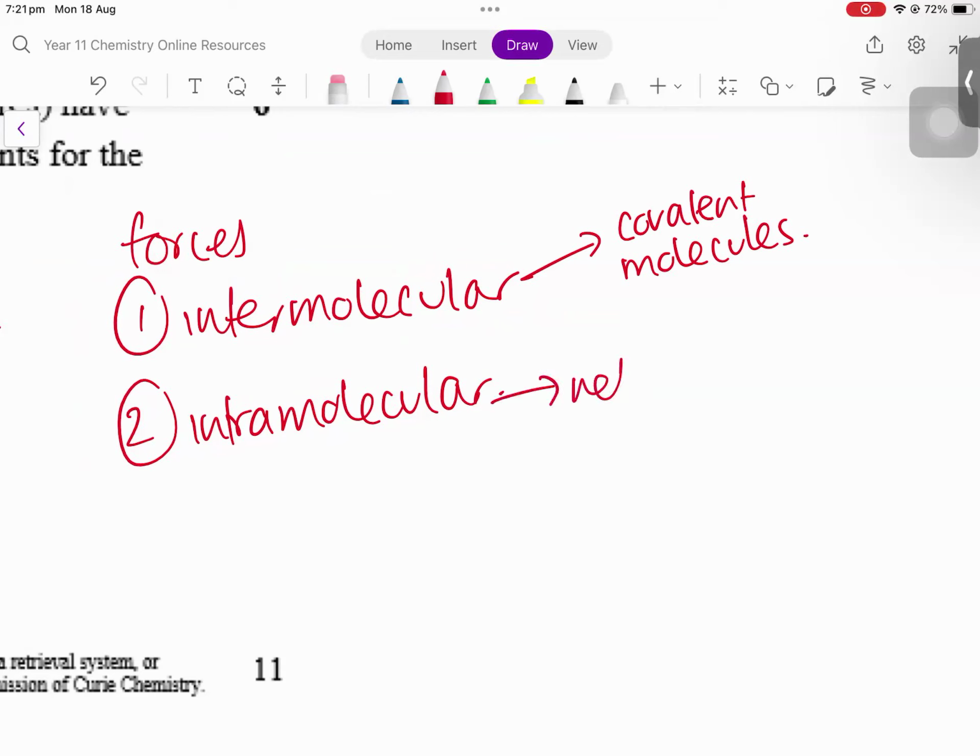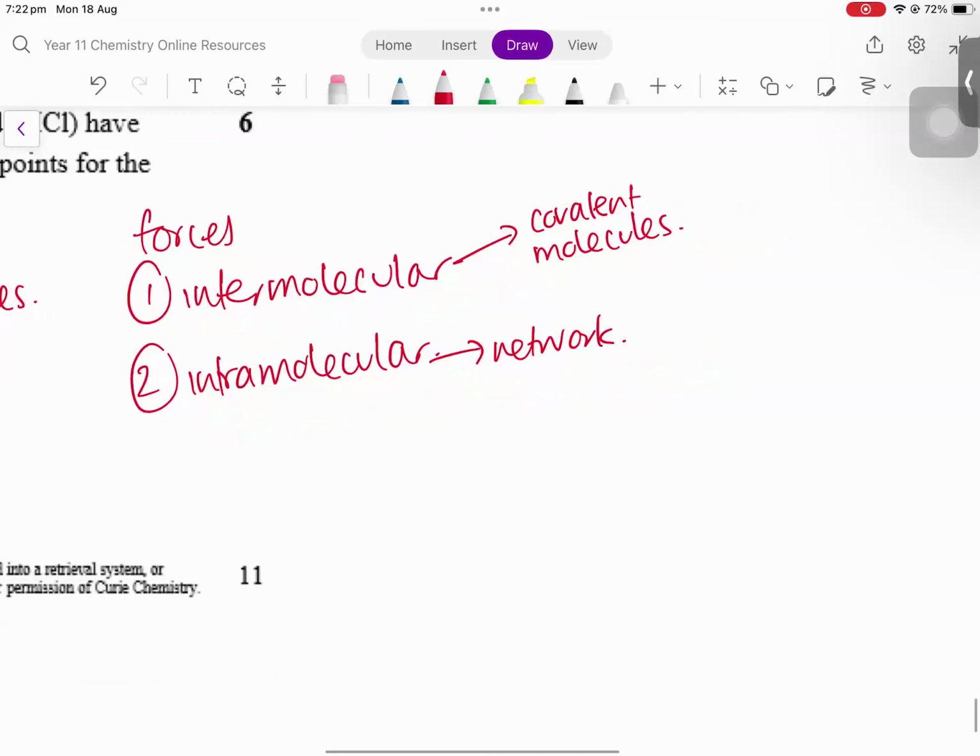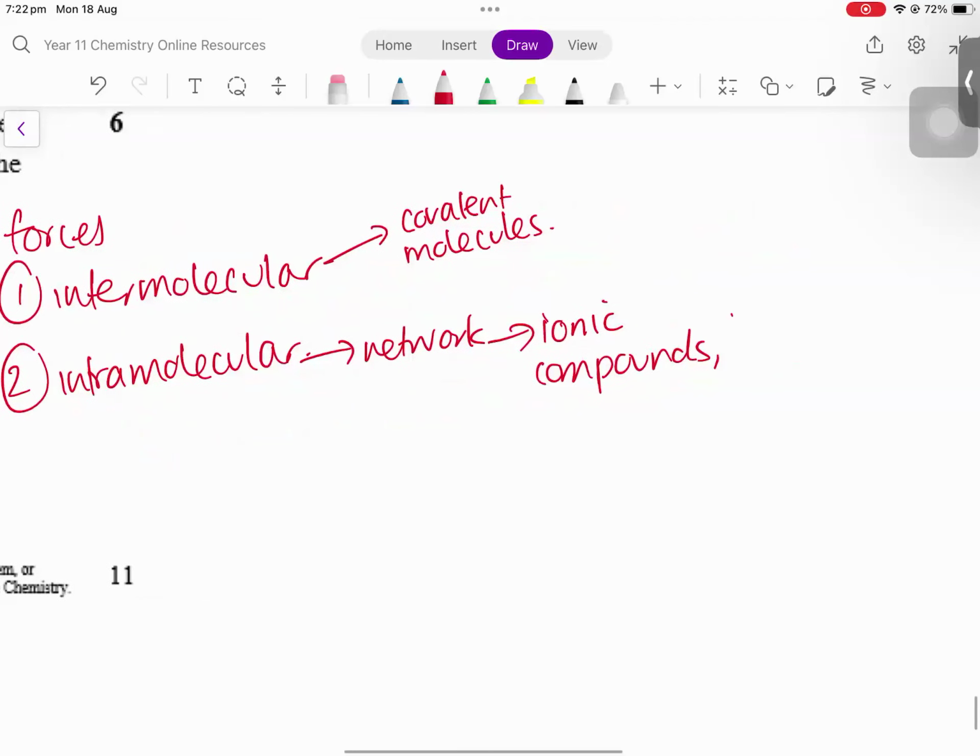Intramolecular, anything that's a network. So if you ever see an ionic network, a covalent network, a metallic network, you will always be talking about ionic bonds, covalent bonds, metallic bonds. I should not be hearing you mention weak dispersion, dipole-dipole, or hydrogen bonding. The ones that are a network are ionic compounds, metallic compounds,